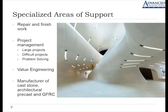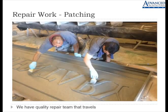The next section, we're going to emphasize the services you receive from various specialized areas of support. Every job gets a repair kit to take care of normal damage and installation. However, there are times that self-help is not enough. Advanced has several artisans that are available for job site repairs where unique and difficult problems require the work of